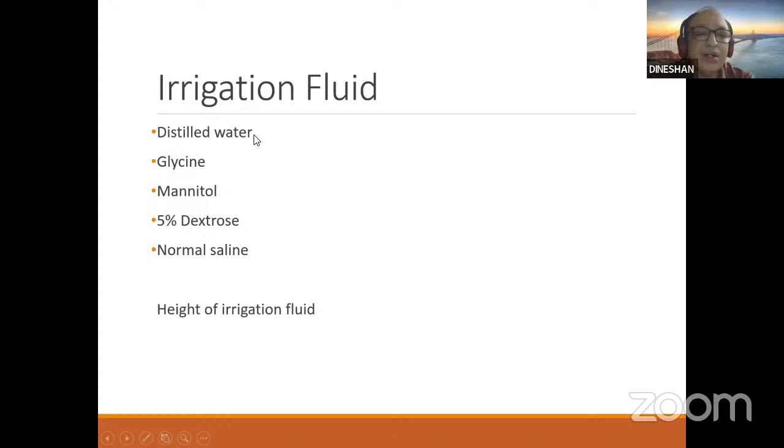But both distilled water as well as glycine are hypoosmolar. If you want to make glycine isoosmolar, you have to increase the osmolality, but then the visibility goes down. Mannitol and dextrose are not usually used, and normal saline is used for